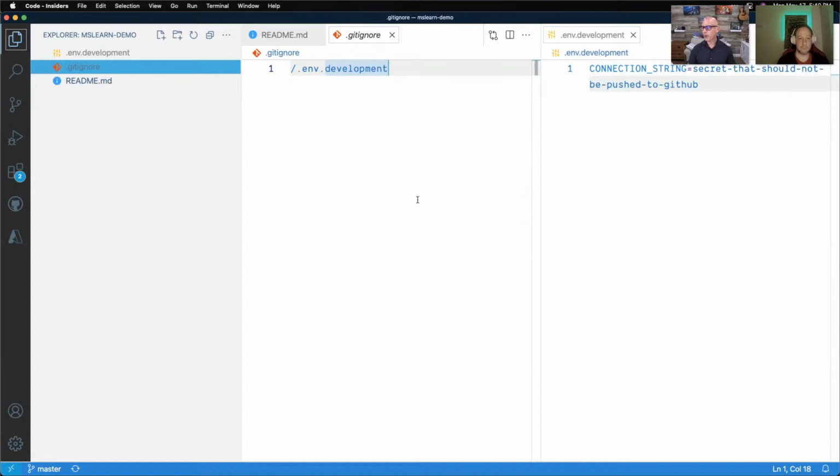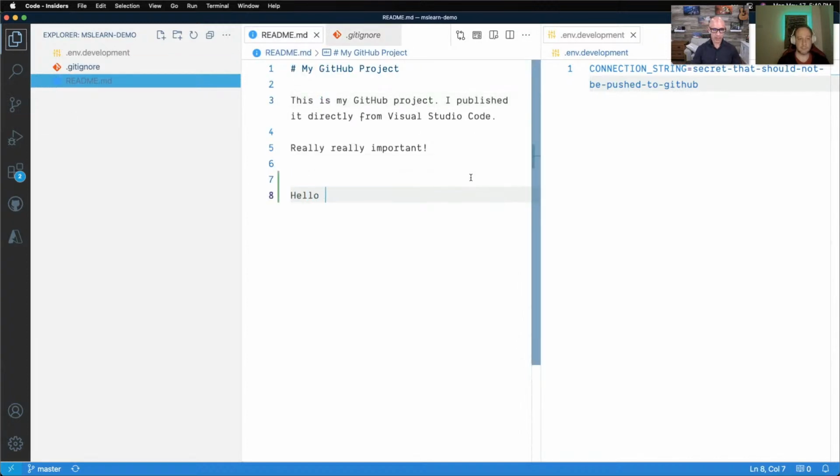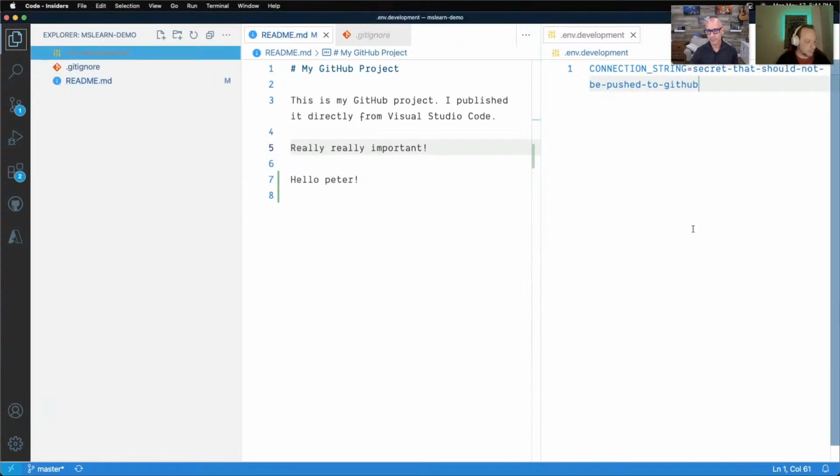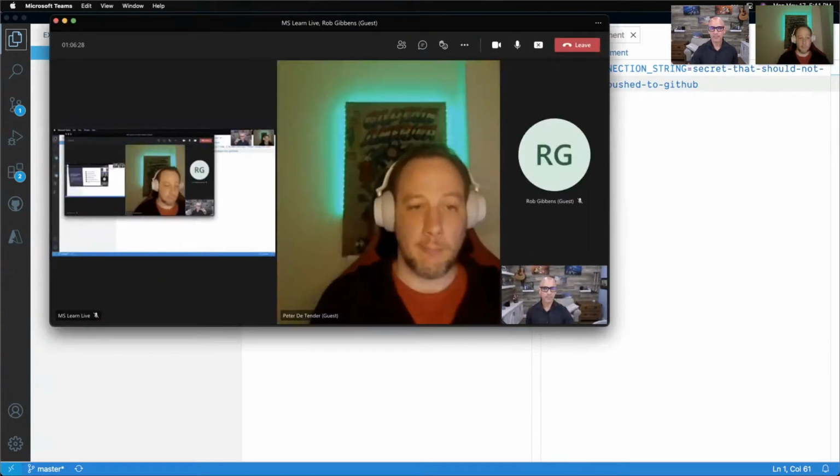I took off the check mark. But let's say we fast forward now and I've got 500 files, which is very common in subfolders. What this tool will do, if you look over here on the left, notice what happens as I change my README. If I say, hello, Peter, with a lowercase p, now, once the autosave kicks in, you'll see over on the left, there's a little 1 and a blue badge over the source control right here. And that 1 blue is showing us the changes. We're going to learn more about what those changes do as we get a little further along inside of this demo. So to answer your question, yes, VS Code will track all the changes for you. Nice. I like it.